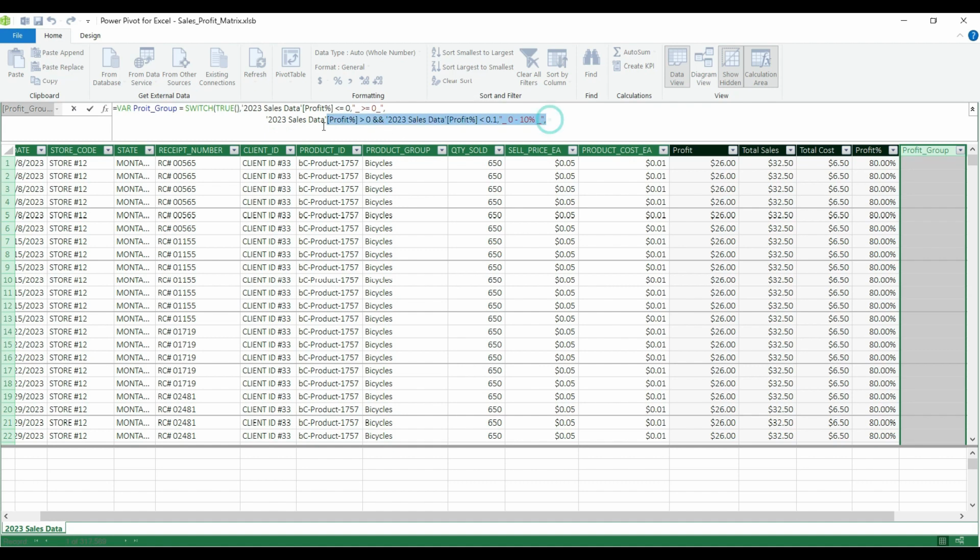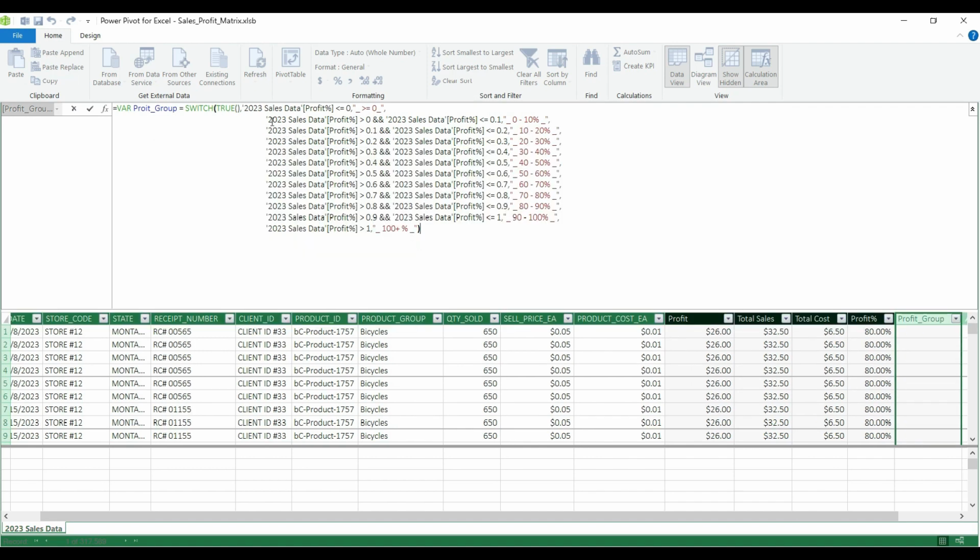And now I'm going to repeat this process to set all the groupings. So I'm going to simply copy and paste the same statements with different values. As you see, I have set all my statements to make the proper decision about my value grouping, and right now I have 11 different groups to understand my data better. And the statements are very simple. So if the profit percentage is between 0.2 and 0.3, then I want to get this flag back as a value in my column.